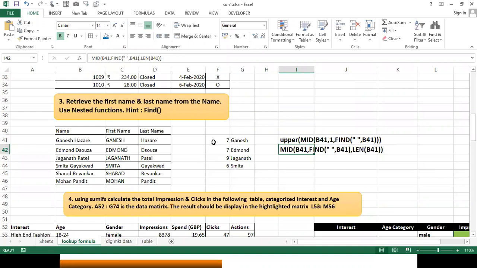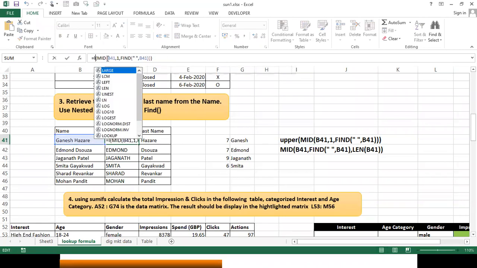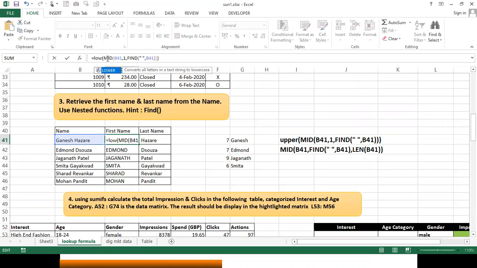That's a good question. I can change it whenever I want. You wanted all the capital letters; I want to make it lower. You use lower. Instead of this, I'll use lower. Okay, upper and lower.